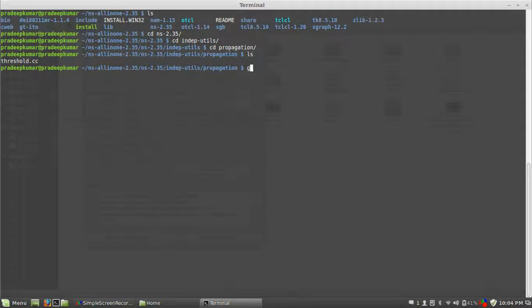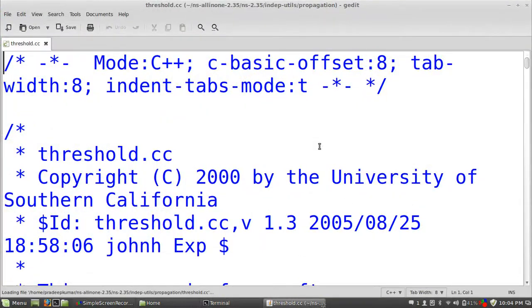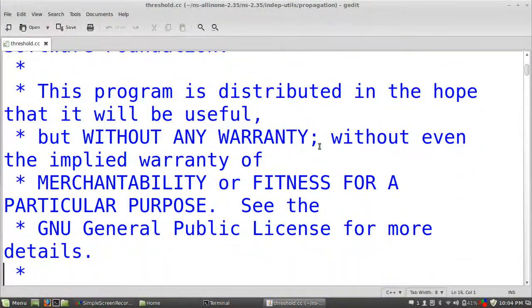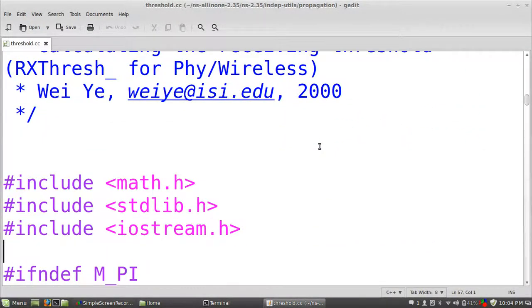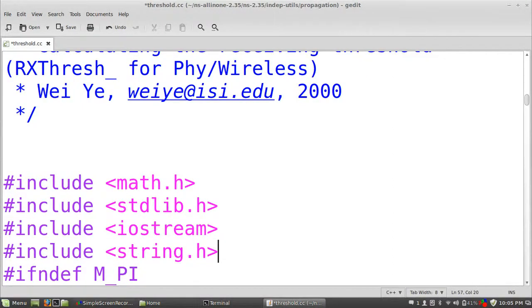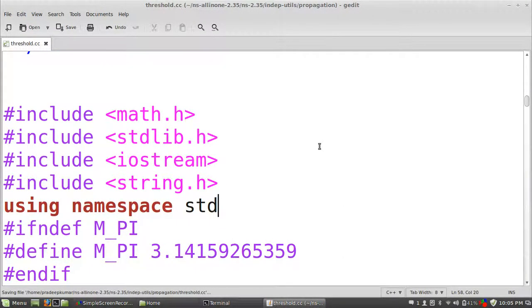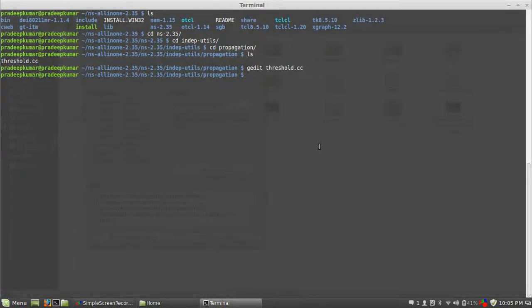You just need to edit this file a little bit. I'll show you. I just open this file. In this, what we have to do is, include iostream.h will not be supported, so you have to include iostream, then include string.h and using namespace std. That's it. Once you did this, close this file and compile this file using g++